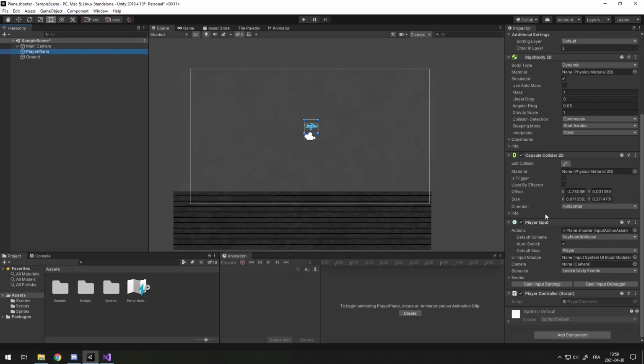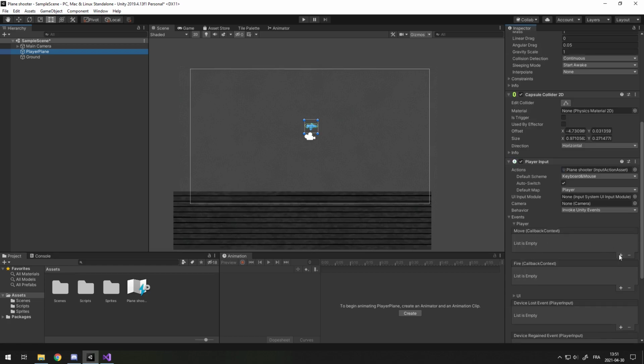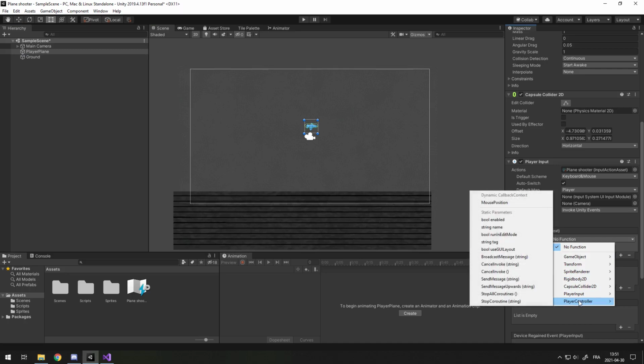Then go on your player object, go in player input, make sure that your action is put in the first slot of action. Default scheme is keyboard and mouse. And here in behavior you want to select invoke Unity events. Now open up the events, player, and then in move here you can add a function, drag in your player, and select player controller